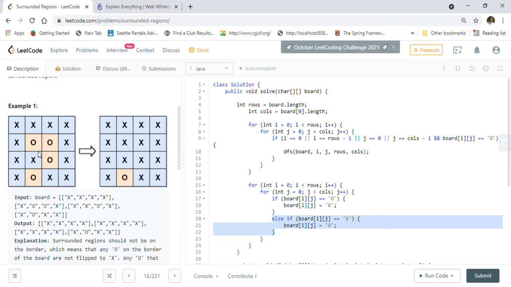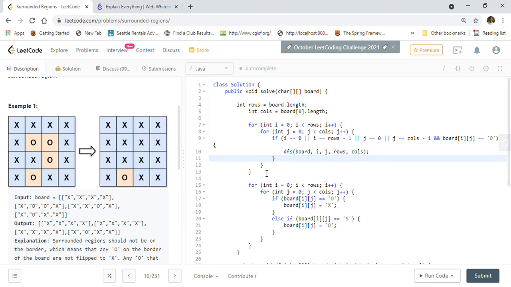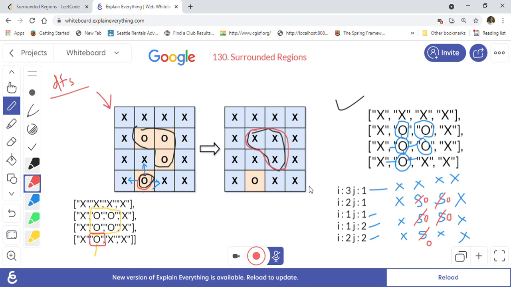So you have to find this region which is surrounded by X in all directions. So this is the way you can do it by DFS, right? I will be putting this solution into my GitHub account, you can check it out there. But I think I already explained it in detail with these two examples. In one example, we have a surrounded region, this one, we captured it and changed it to X, and here we have not found any surrounded region that we could capture and change to X in that case.